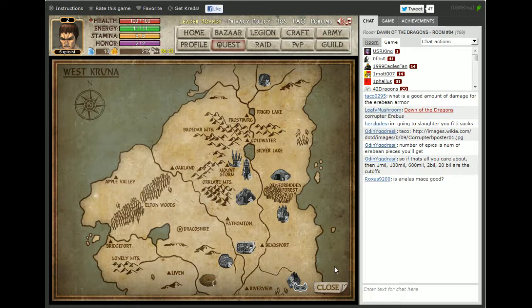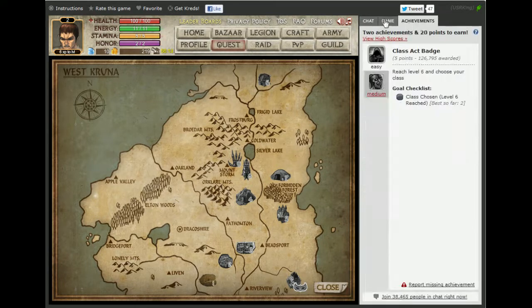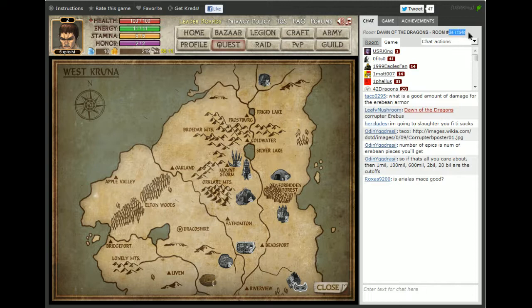It doesn't really fit into the canon of the actual game here. Now, why am I showing the chat in the game and achievements? Well, because chat. Oh wow, I got room 4. That's quite nice. I know some people in this room. So